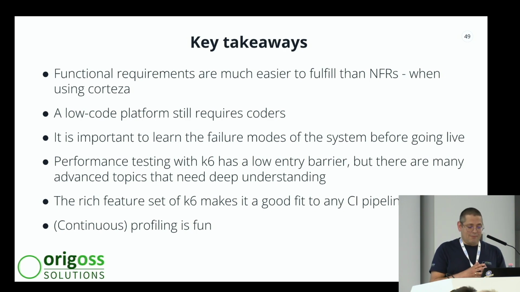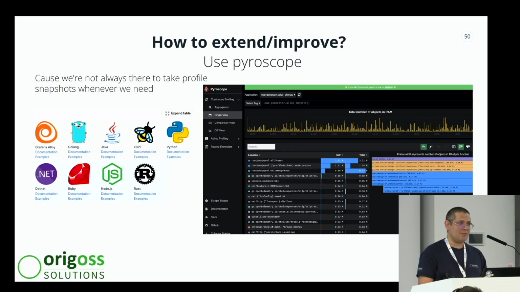And then I still want to recommend K6 for anyone to introduce to your CI pipeline. And continuous profiling: I don't think I have time to show it, but you can hit me up at our booth, and I can show you the tool which I've also started. This is Pyroscope. I'm not sure that you know it. It's a continuous profiler. So basically the profiles from the CPU and memory can be fetched continuously, and it can be integrated with Grafana. And it supports all those languages